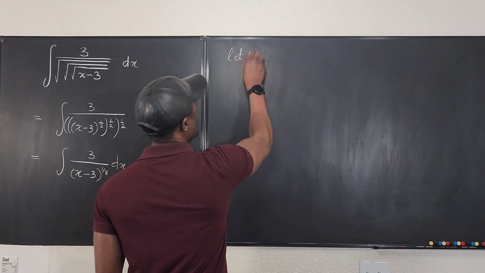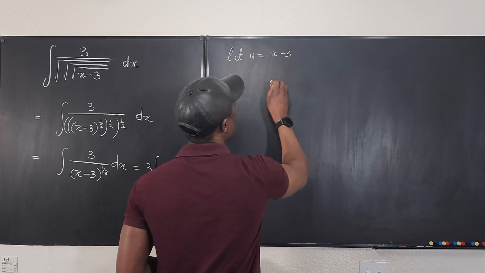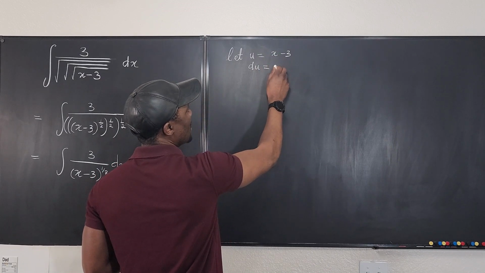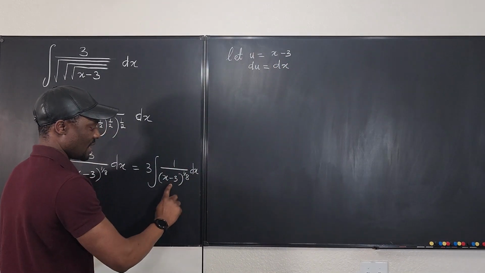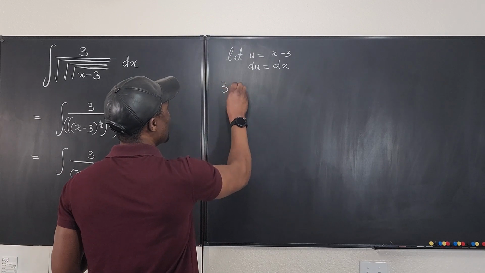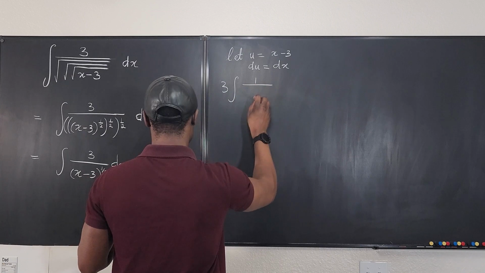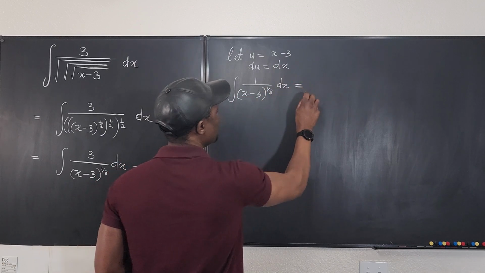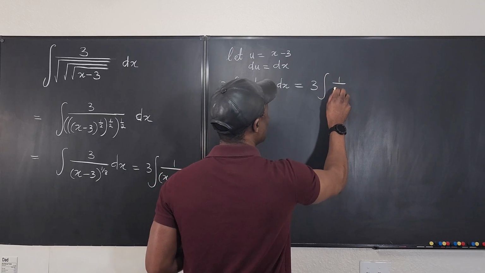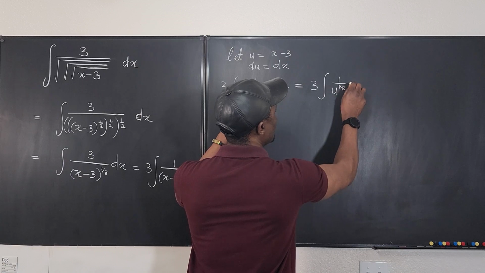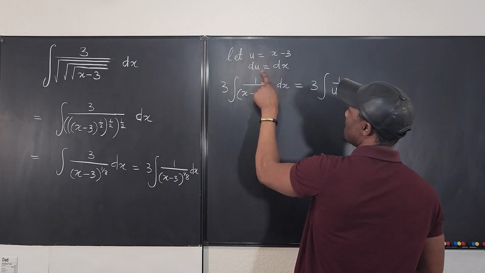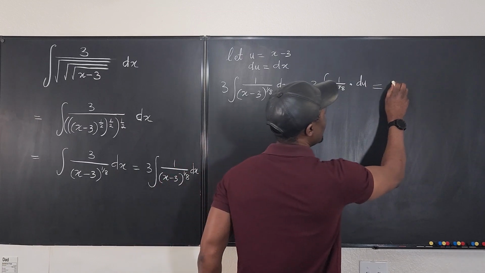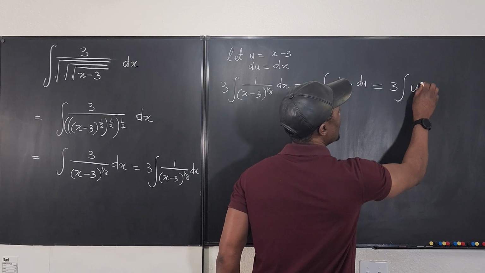So we're going to say, let u be equal to x minus 3, so that du is equal to what? Equals dx, because this is going to give us 1. And then we can go here and replace this with dx and then rewrite this expression. So we can say that 3 times the integral of 1 over x minus 3 raised to power 1 over 8 dx can be written as 3 times the integral of 1 over u, because this is u raised to 1 over 8 times, what is our dx? We're going to replace dx with du. And that's it. And as you can see, this is the same thing as 3 times the integral of u to the negative 1 over 8